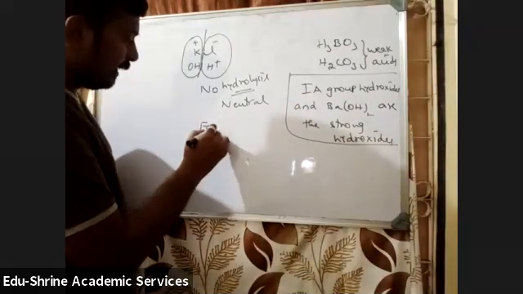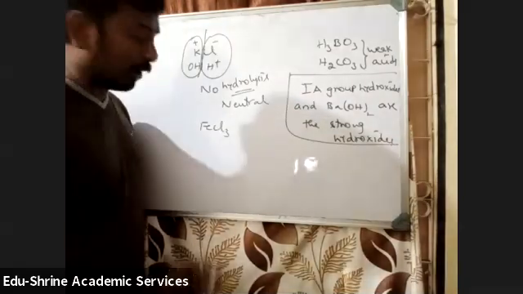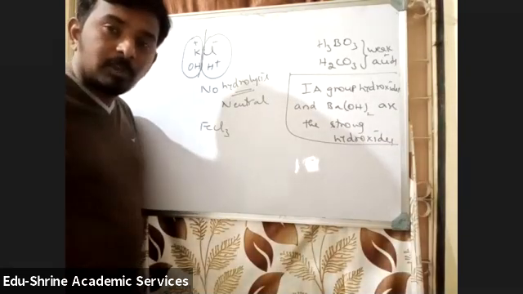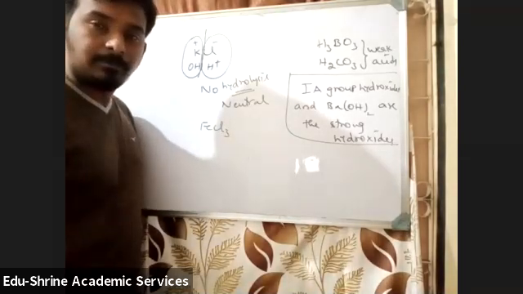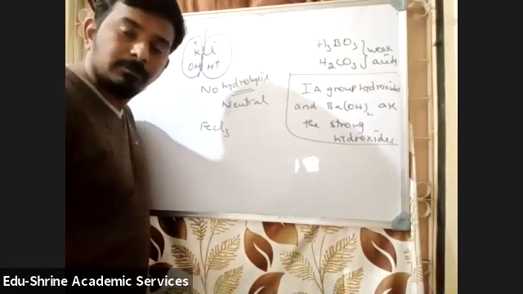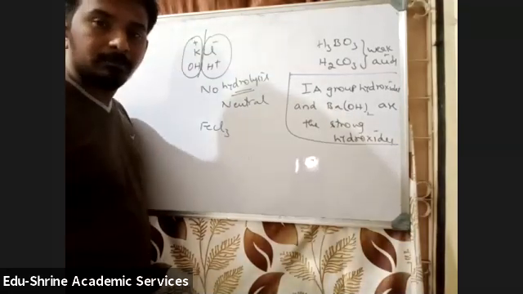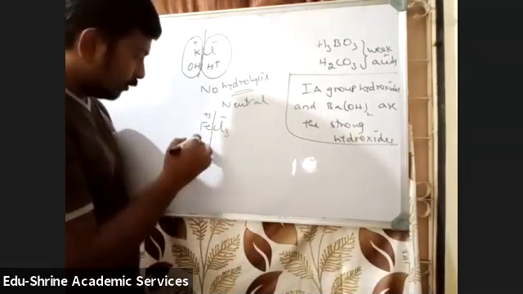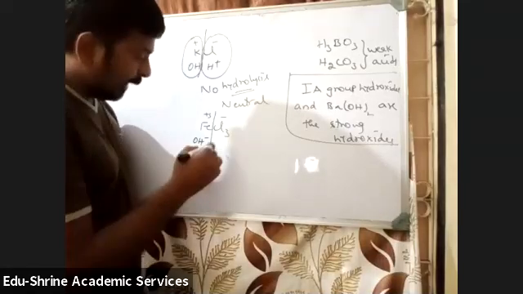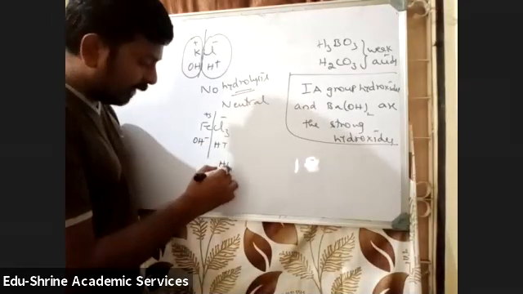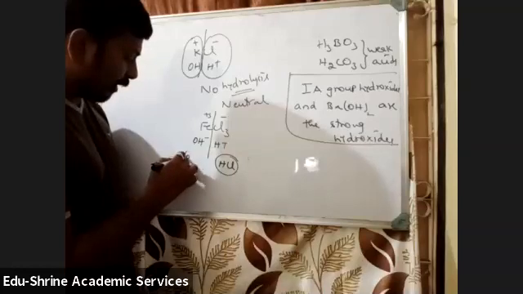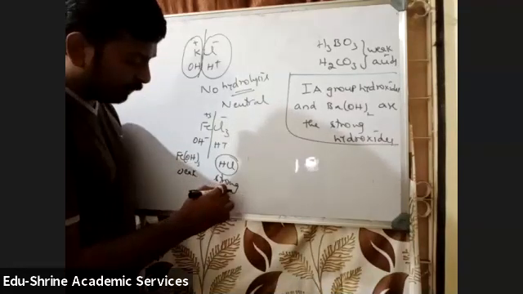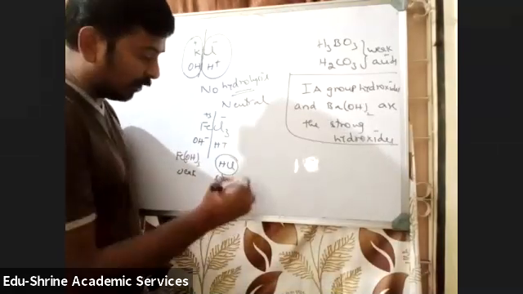For example, if they give FeCl3, tell me, students, what will be the nature of FeCl3? Acidic or basic or neutral? Yes. So from FeCl3 you will get Fe plus 3 and Cl minus. So OH minus will be taken by Fe and H plus will be taken by Cl minus. From here you will get HCl, and from here you will get Fe(OH) thrice. So this is weak and this is strong. So the nature of solution will be acidic.